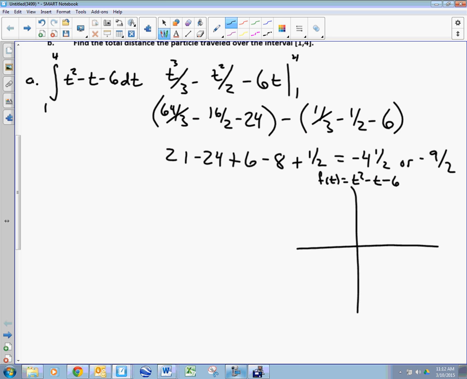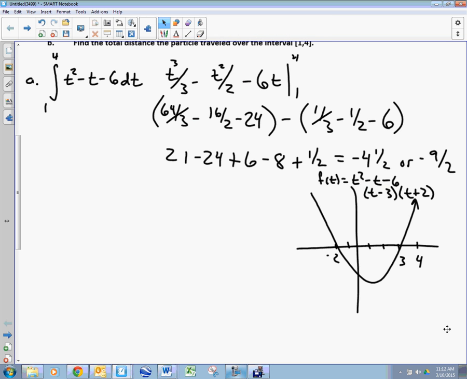Oh. t squared minus t minus 6, does that factor? Yes, it does: t minus 3 and t plus 2. So I know it crosses through -2 and +3. It's a parabola. And the idea is that we want to find the displacement, the total distance traveled of this